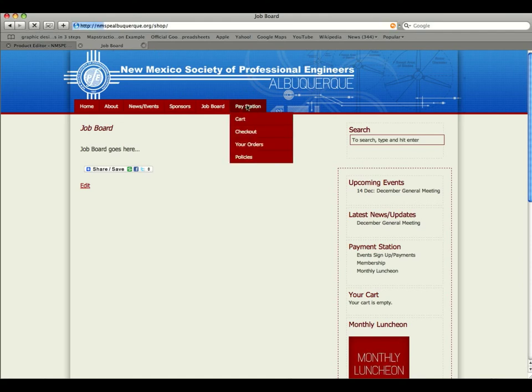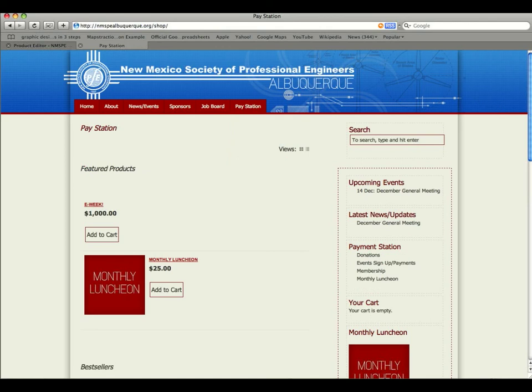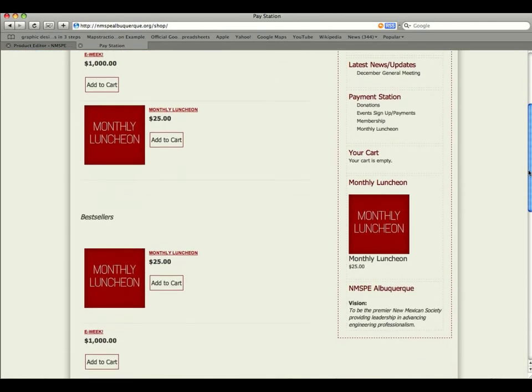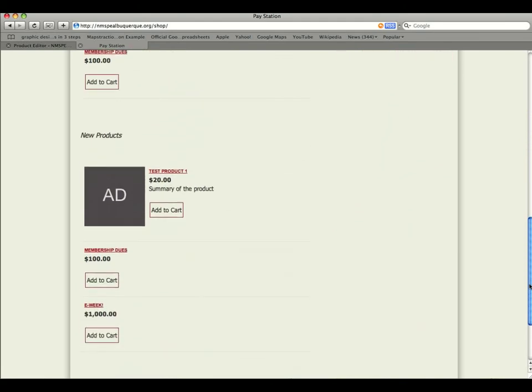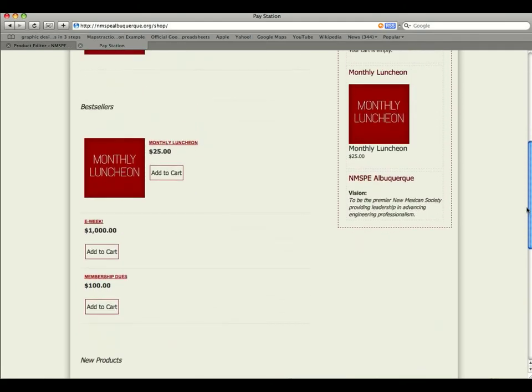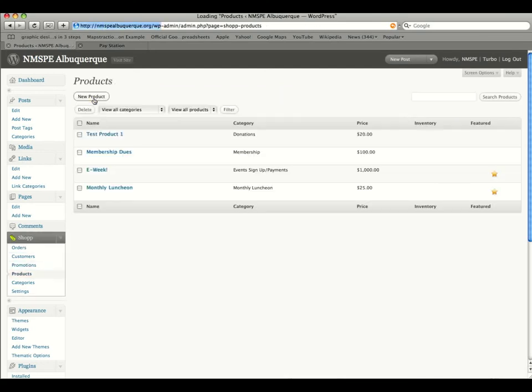So we'll click save product, go over to the site, and we'll go under pay station, and then we scroll down, and under new products now is test product 1. So if we go back and we edit that product, we'll go back to the product screen and we'll click edit under test product 1,